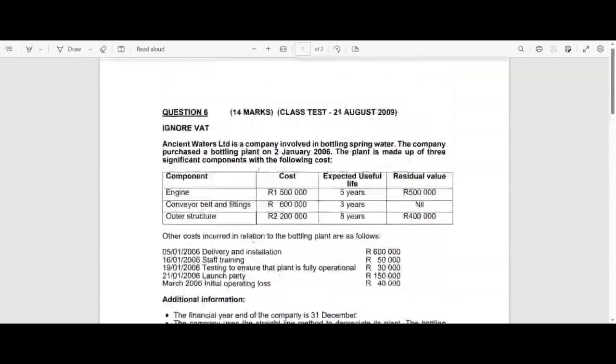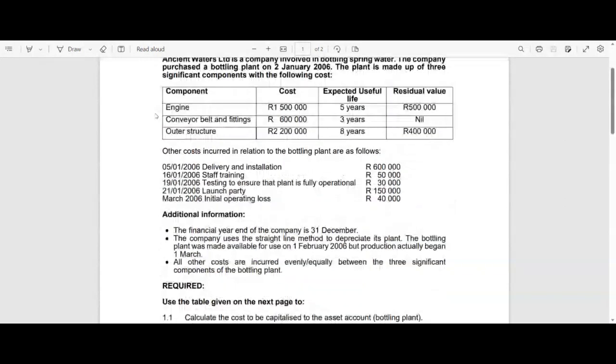Now let us go and look at the body of the question itself. They say there we can ignore that, which makes it a little bit easier. And then it carries on. Ancient Waters Limited is a company involved in bottling spring water. The company purchased a bottling plant on the 2nd of January 2006. So that is the purchase date, the date of acquisition. The plant is made up of three significant components with the following cost. So we've got a component there, an engine component with a cost of